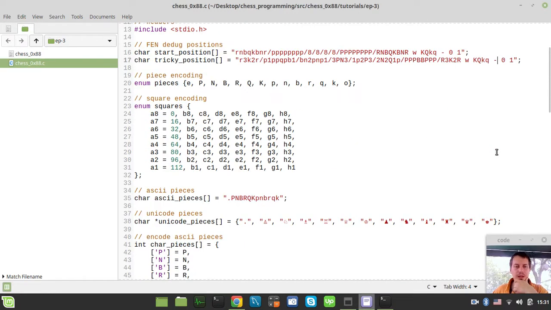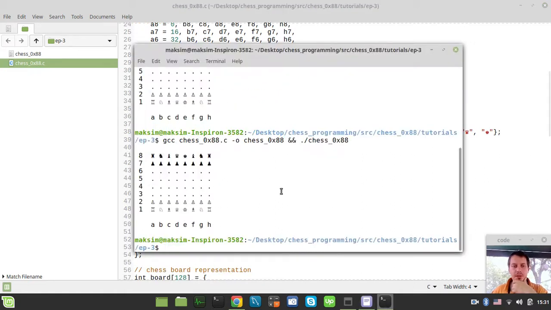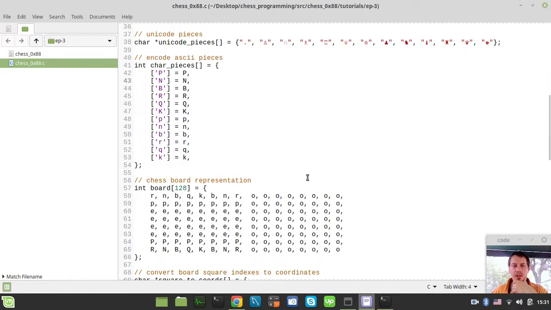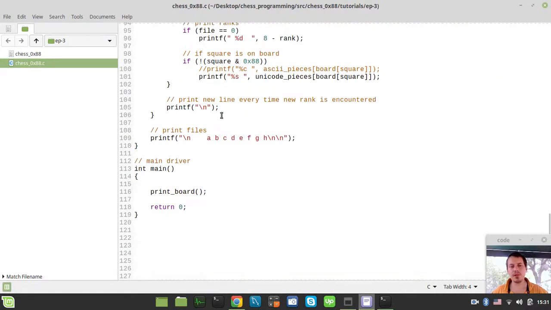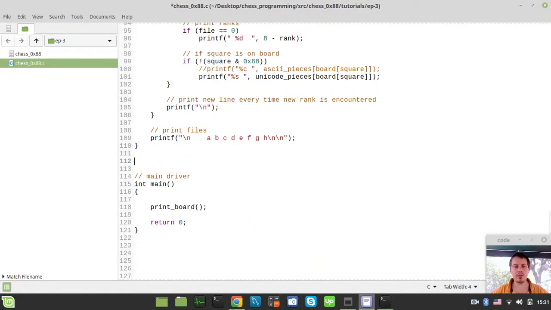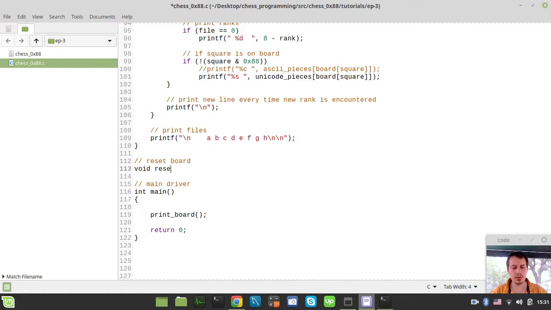Okay. So now we have our board printed to the console, and it has been initialized, like hard-coded. So we say this initial position was hard-coded to our board. And the very first thing we need to do basically within the parse FEN function is actually to reset our board. But also it's nice to have the reset board function being separate. So I would like to define this. So let's say reset board function, and I can say void reset board, and